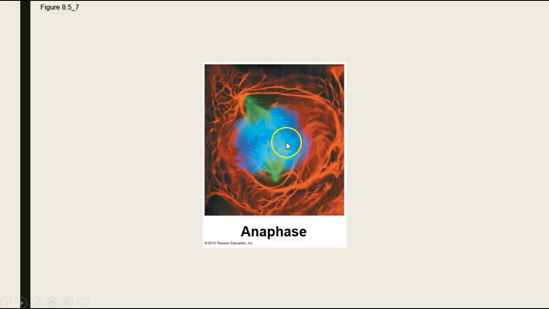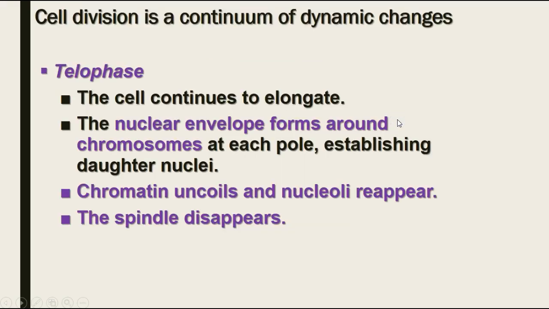And here's a picture of the cell in anaphase. You can see definitely that the chromosomes are being pulled away from each other, and the cell is definitely getting longer. In telophase, the cell is going to continue to elongate, and basically what happens is the nucleus starts to